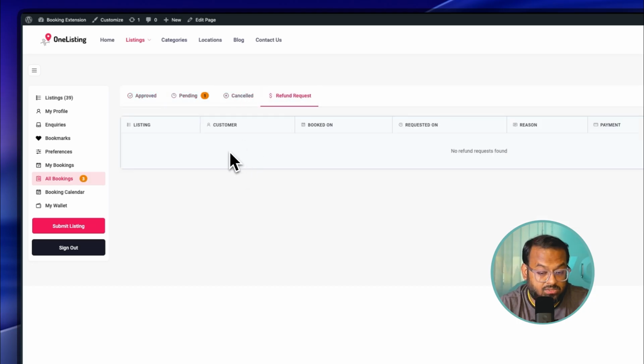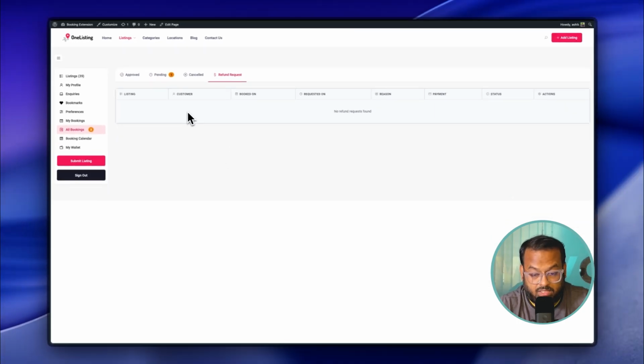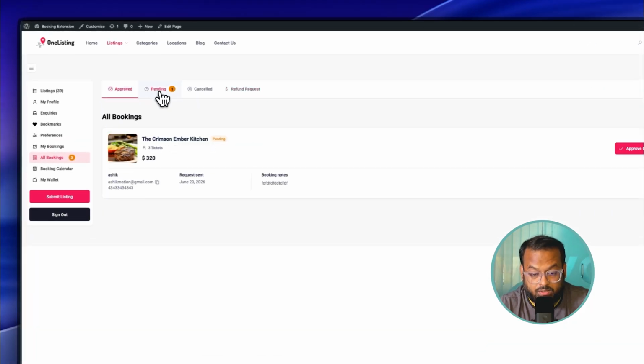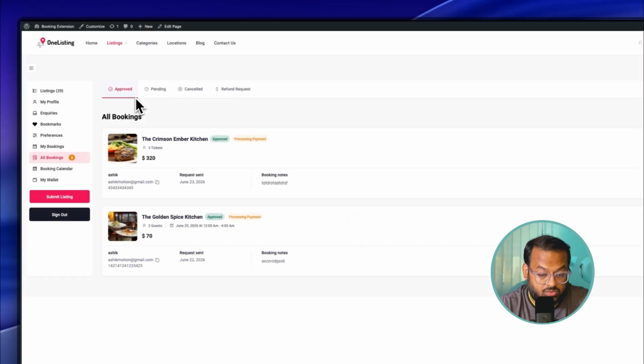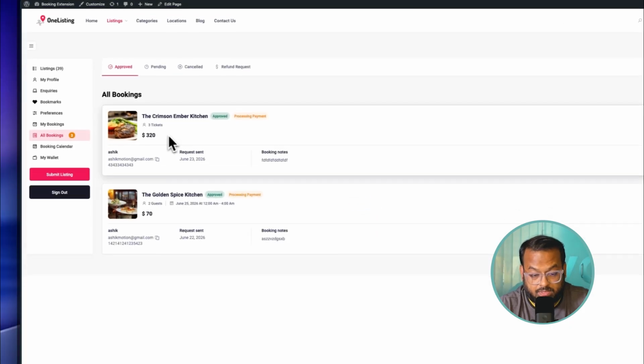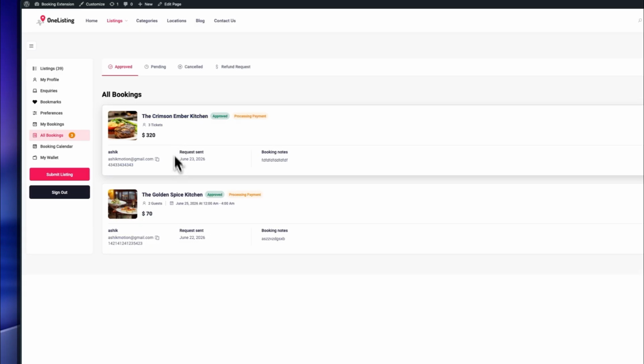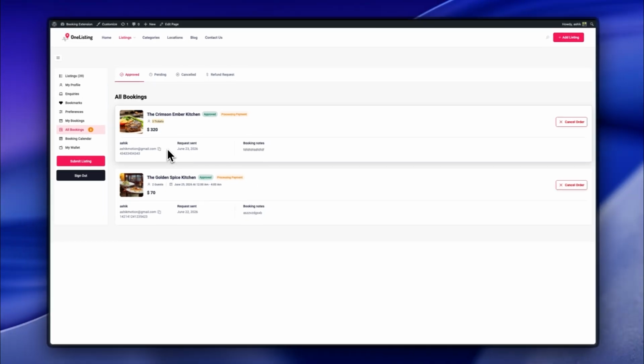This makes it easy to track and manage all event reservations efficiently. As we can see, the booking we just made is in pending status. Click Approve Order, and once we approve it, it will be shown in the Approve section. This setup makes event booking ideal for ticket-based directories, allowing you to manage capacity, payments, and user experience all in